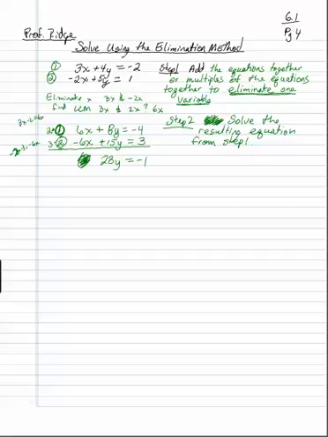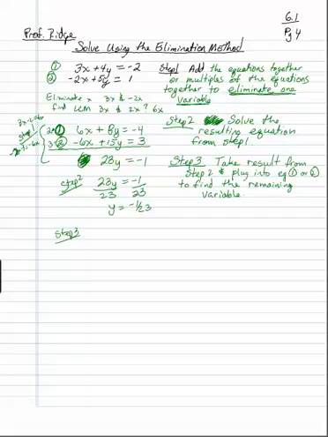So that's step 1. So now step 2, we're going to solve the resulting equation from step 1. So you just divide. You get the y by itself. So this is step 2. And then from here, the rest of it is just like we did the substitution method. Now we're going to take the y, plug it into equation 1 or 2 to solve for the remaining variable, the x. So step 3, I'm going to take the result from step 2, which is y equals negative 1/23,